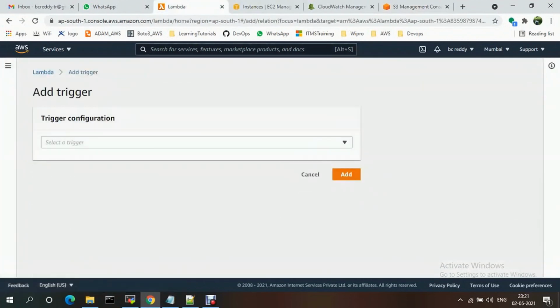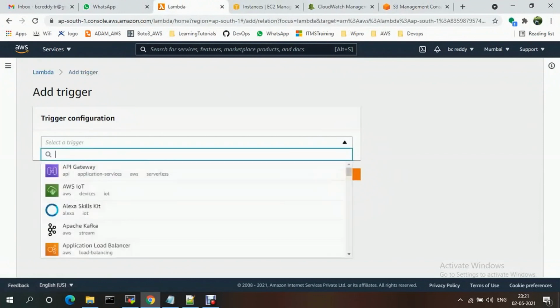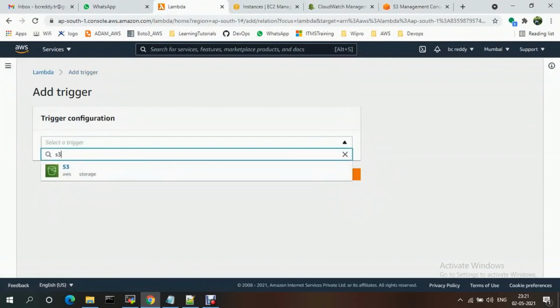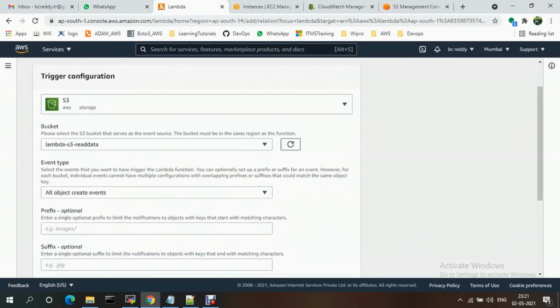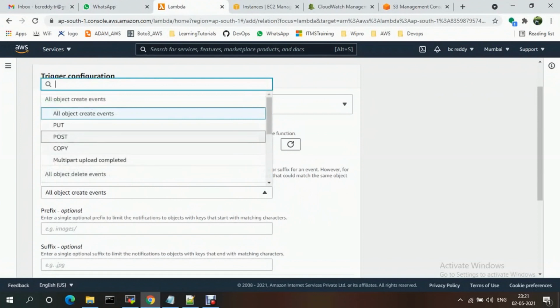Add trigger. I am selecting S3, acknowledging this, and adding the bucket name. See, the event type is when someone uploads. Suppose all object create events, put, post, copy, then only my Lambda function needs to be triggered.